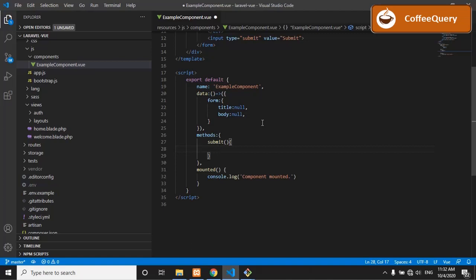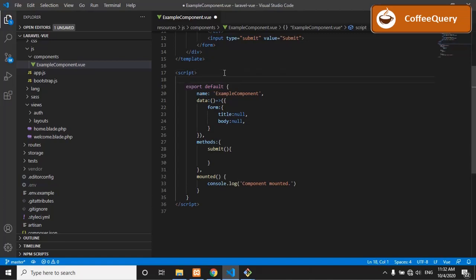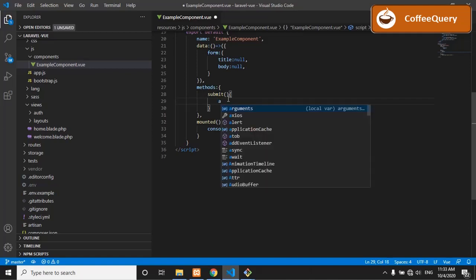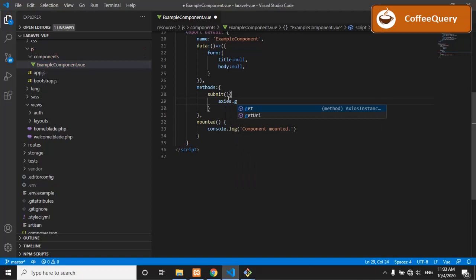So for sending requests to the server we need to include or import the package which we already installed, Axios. Import Axios from Axios. Now we use Axios dot post